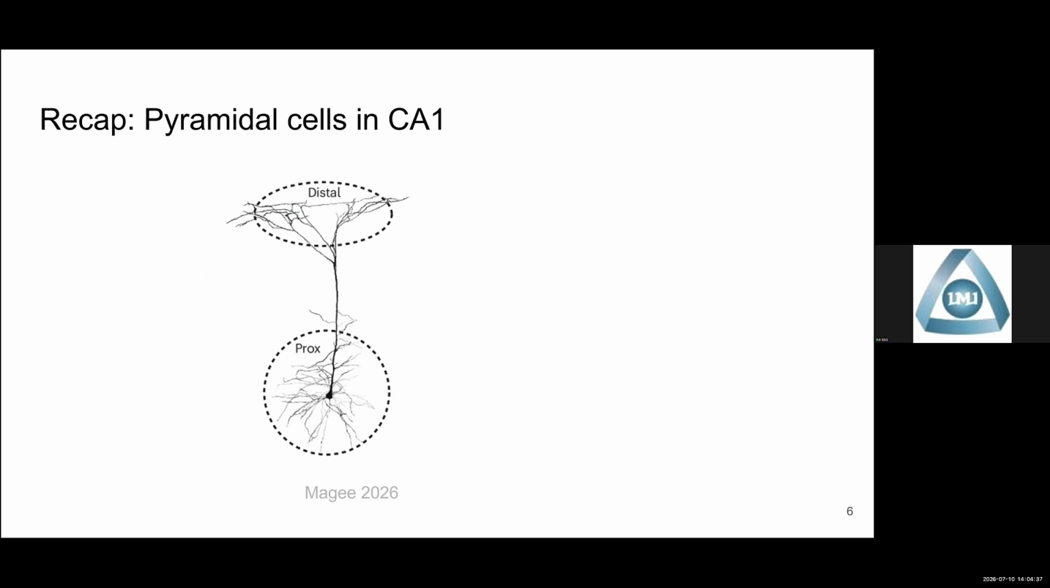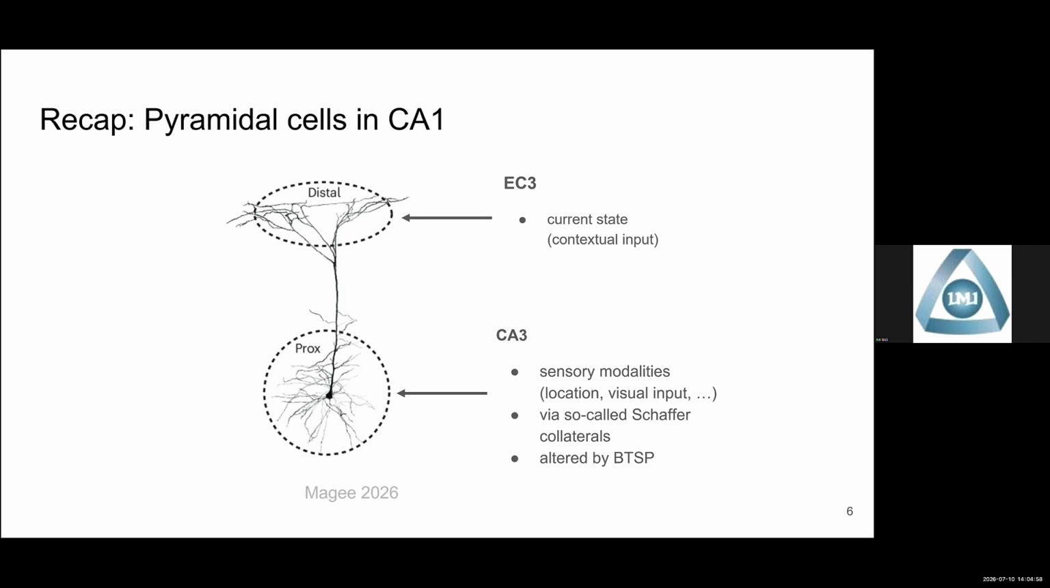And as in cortex, we have pyramidal cells in the hippocampus, which, as in cortex, have two kinds of integration zones. One is a distal integration zone, innervated by a region called EC3, entorhinal cortex layer 3, which people claim feeds in the current state, something like a contextual input. And there is an integration region close to the soma, which for these pyramidal cells in CA1 is innervated by